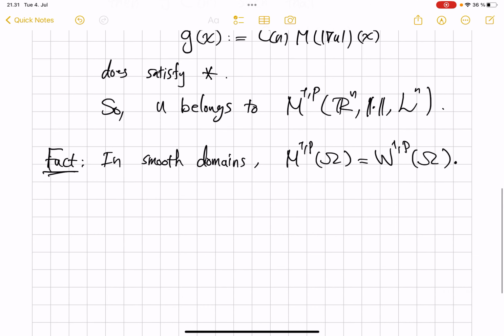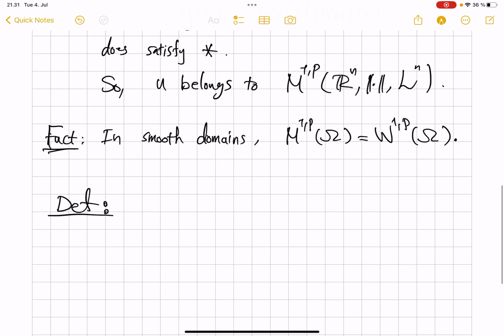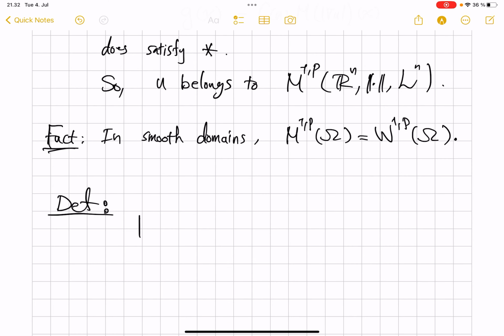Okay, so the previous video focused completely on properties of Sobolev functions in the Euclidean setting, what we expect from a Sobolev class in the metric setting. And here are some of the things that do hold on this space. Before that, we must define a norm on these functions if we hope to turn them into vector or Banach spaces. The norm that we define for a function in M^{1,p}(X) is,